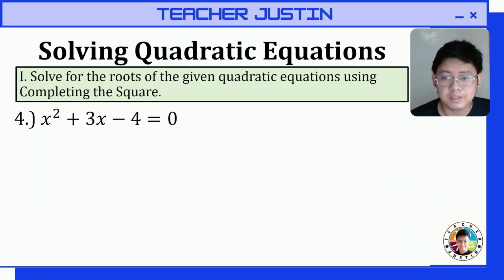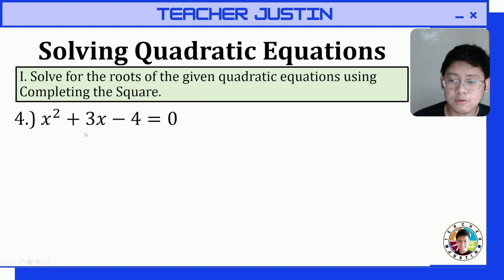Let's solve for the roots of this quadratic equation, x squared plus 3x minus 4 is equal to 0, using completing the square. So, our first step in solving a quadratic equation is we need to make sure that our leading term, x squared, has a numerical coefficient of 1. Kung 1 na yung numerical coefficient niya, let's proceed to the second step, which is to separate the variable term